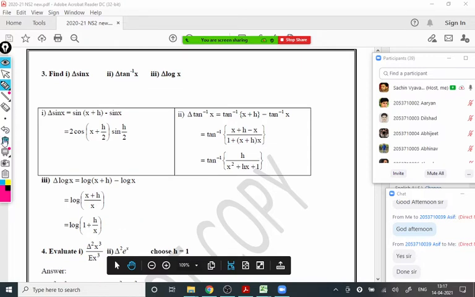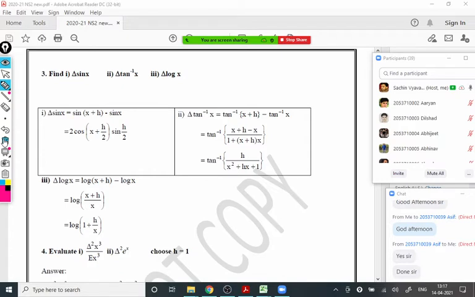So many times that simplification is possible. But whenever the question is show that, only then do you need to do the simplification. Otherwise, you can keep the first step as the answer also. Both are correct. Simplified answers are always better if you are able to do it. But if you do not have confidence to simplify, you can keep that as the answer there.